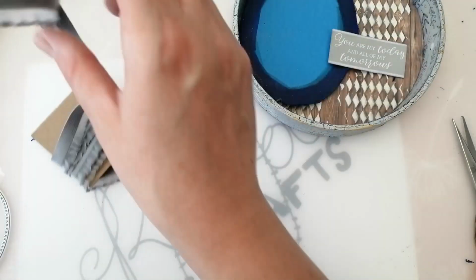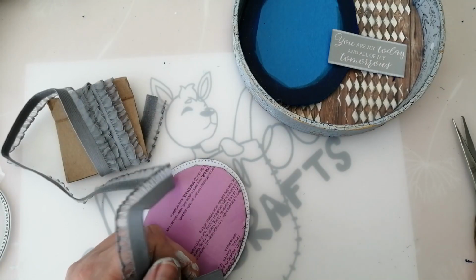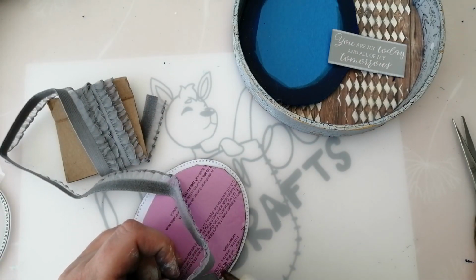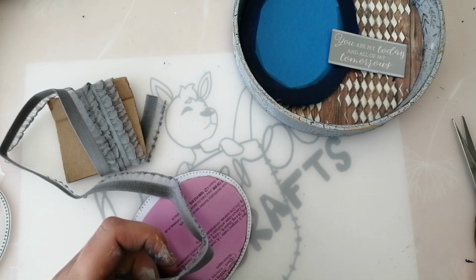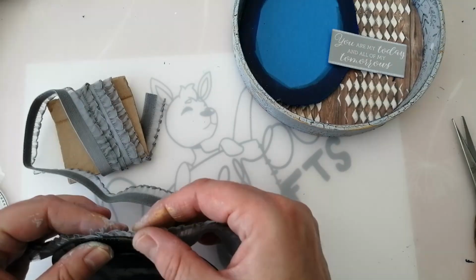Realise I'm doing that off camera. Useful. So I'm just literally putting dobs of glue and just doing a piece at a time so that I can line it up where I want it,